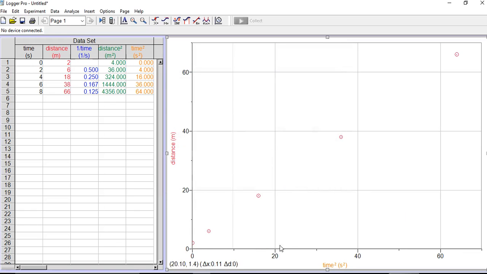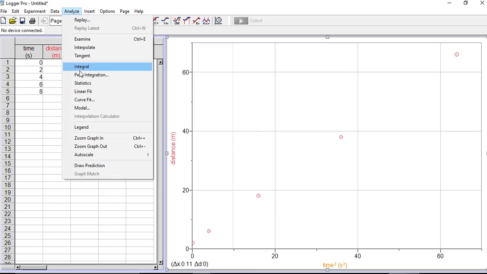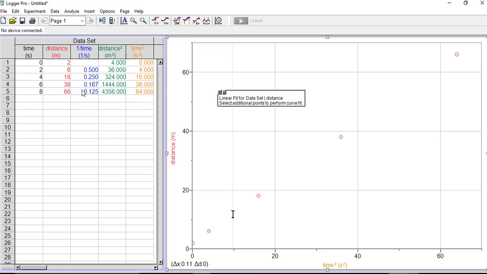And here the x-axis is okay because our maximum value for time squared is 64 and the x-axis is set to max out at 70. Now look at this. Is this a straight line? Yeah, it is. So once you get your test plot and all these different manipulations we did, 1 over time, distance squared, and time squared, these are all what we know as test plots. So now I want to go back to analyze, and I want to analyze for a linear fit. So I click on linear fit,